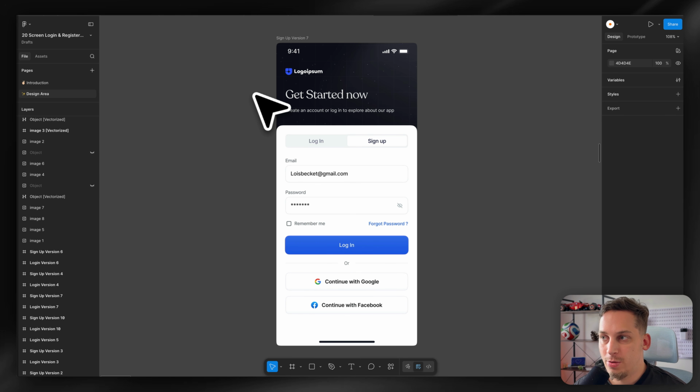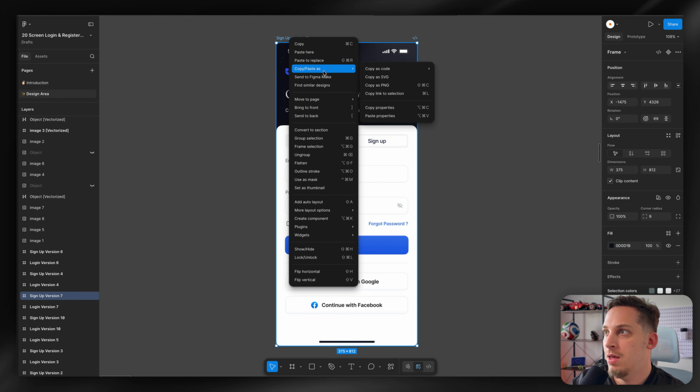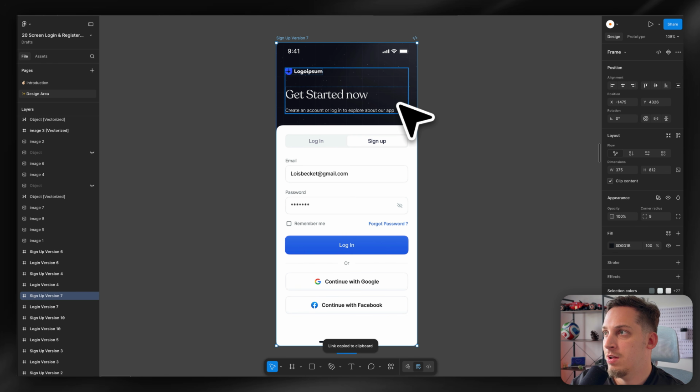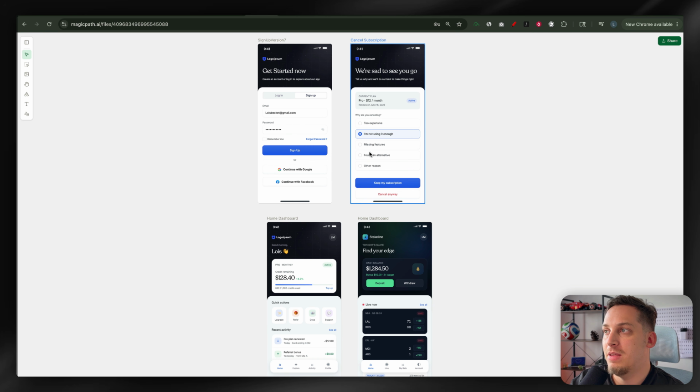And what's great is that this flow not only works for websites, landing pages, or web apps, you can also use this for mobile apps or Electron apps. So for example, I found this in the community inside of Figma, and I can just again select this frame, copy the link to selection, and then again just paste this inside of MagicPath. And then using MagicPath